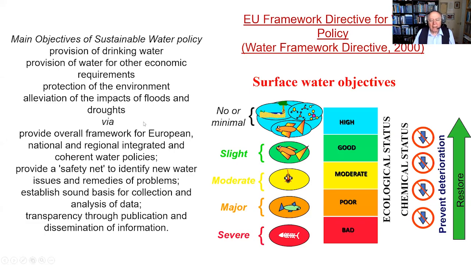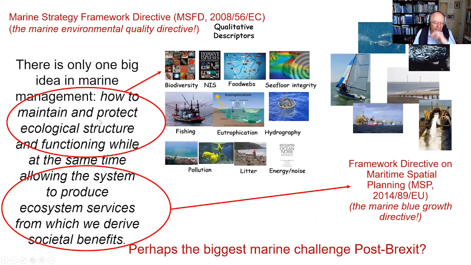And just very quickly, a couple of those of note are two of those bits of large European legislation, the Water Framework Directive, which is to try and protect the catchments and all the way down the estuaries to the coast, and try and make sure it's got good quality. And then two main marine ones, which is the Marine Strategy Framework Directive and the Maritime Spatial Planning Directive. I haven't got time to go into these, but I can send you more information if you need them.